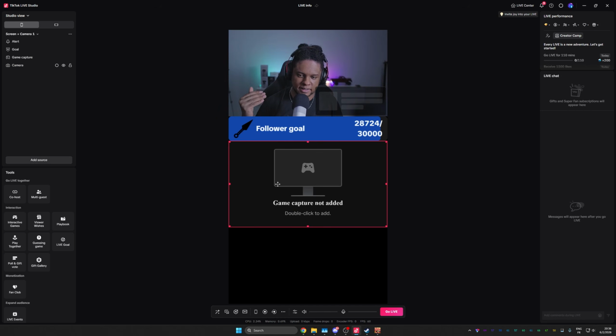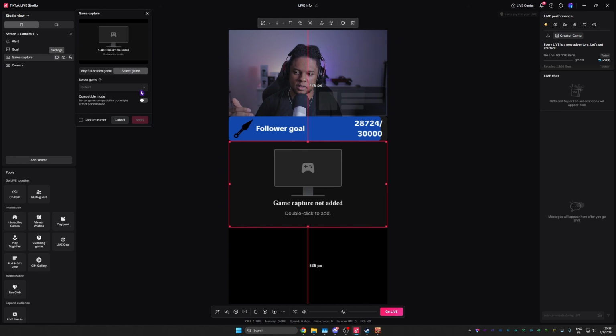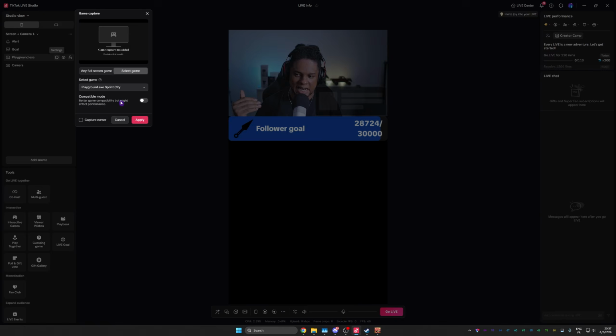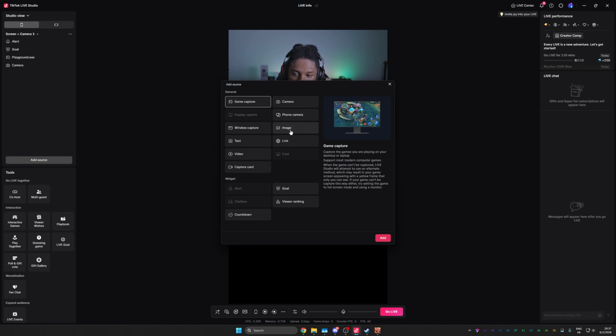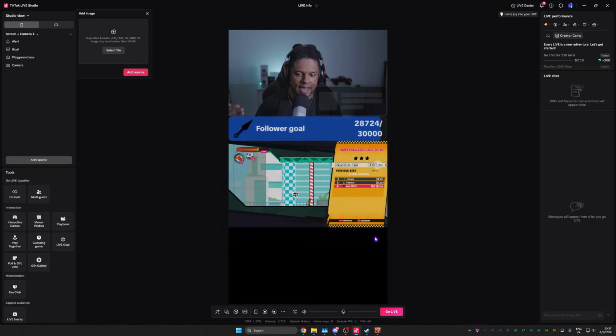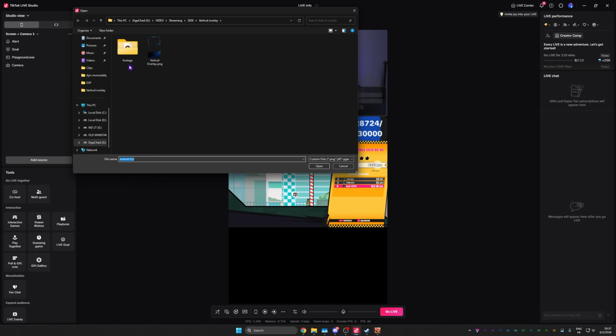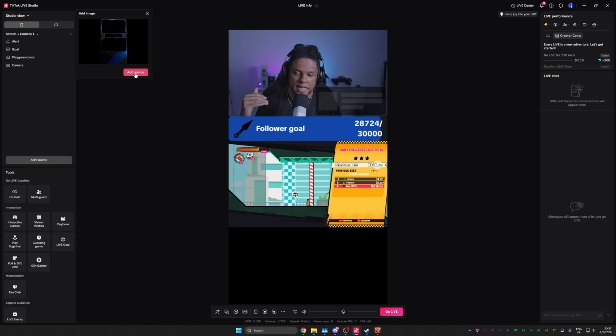And I can also select the game capture, click on the cogwheel, and select the right game. Right now I have this game playing. So adding the overlay is as simple as adding an image source, because that's what it is, just an image. So let's click add source, go to image, click add, select the file, find the file, and click add source